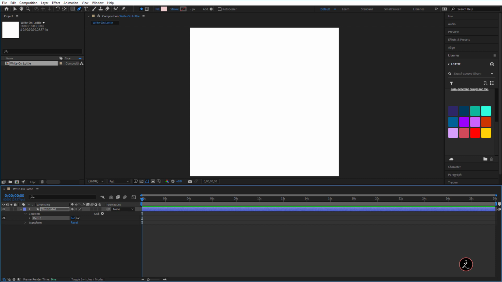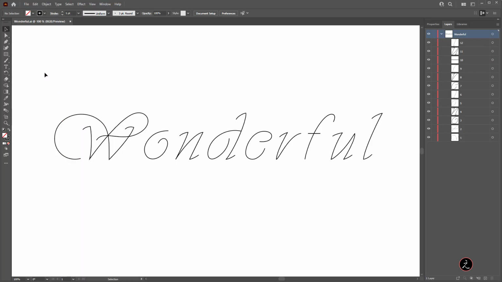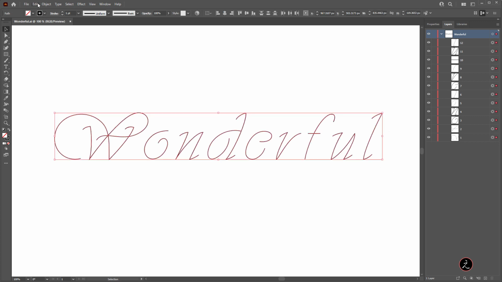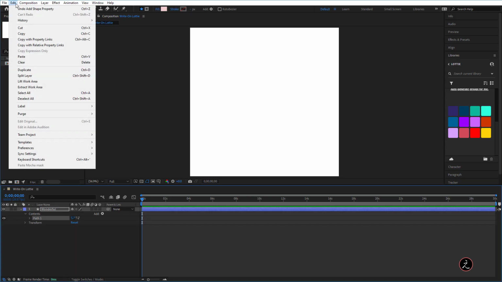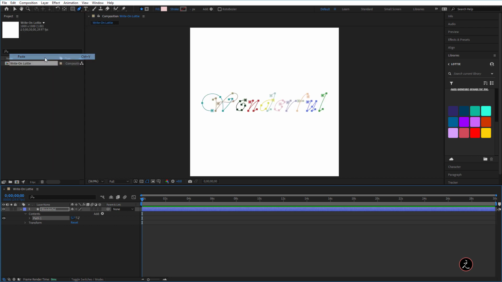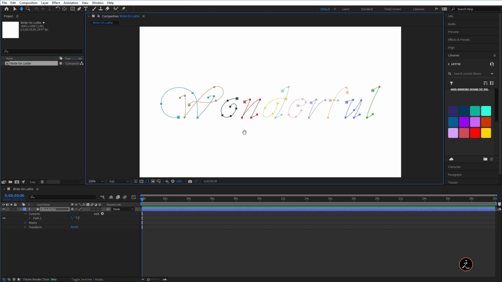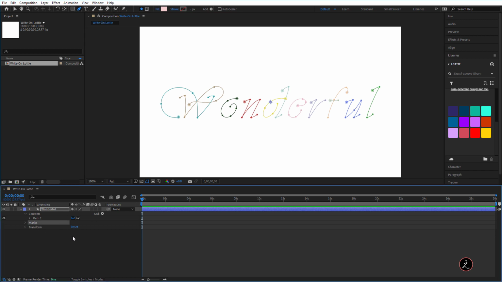Now I will go ahead and switch back to Adobe Illustrator, and with the selection tool, I will marquee select all of these paths, go up to the Edit menu, copy these into the clipboard, switch back to After Effects, and up in the Edit menu, I will go ahead and paste those in. What just happened here is that After Effects follows its original behavior and pastes a bunch of masks. Here are the masks right here. But we only need to have shape layer paths and not masks.